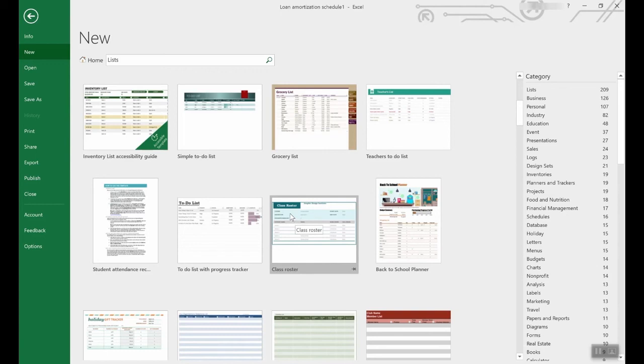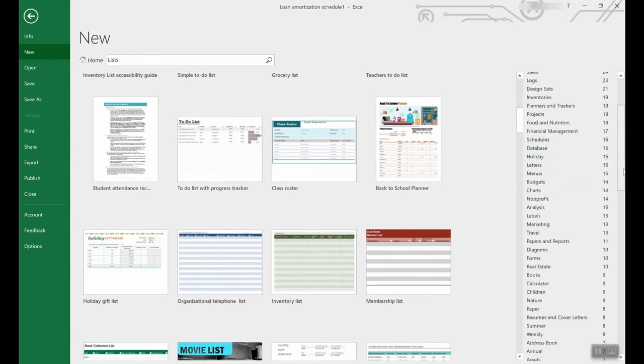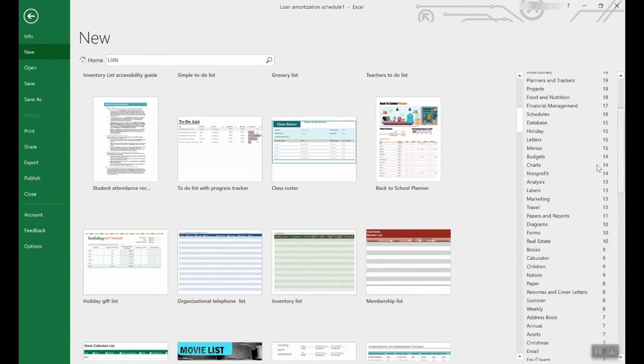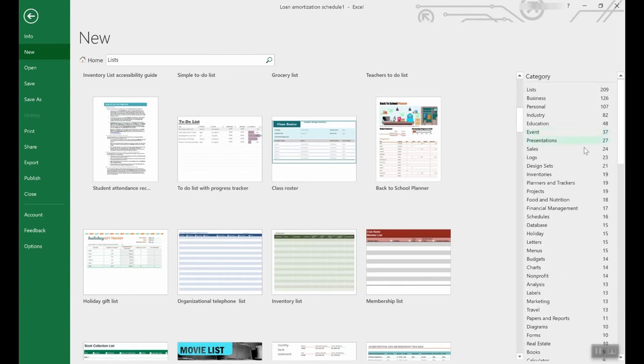You don't want to download random Excel files that you find on the internet. They could have macros that can do damage to your computer. So trust me, stay within Excel. Even more important is over here to the right, we have a huge category of all kinds of different templates. So this can be a really good time-saving source and a source of inspiration, saving you time,